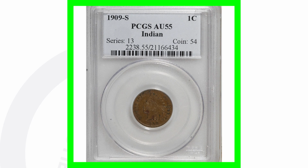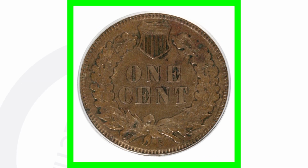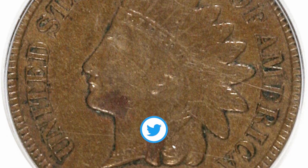$97,000. Moving right along, here's one at an AU55. You can see that it doesn't look like it's in the best condition. It's got a lot of black stuff on it and a lot of dirt and wear and tear on the coin. Now, even though this coin is not in the greatest condition, the value is in the date and the mint mark. So 1909S, because of that rarity, this coin sold for over